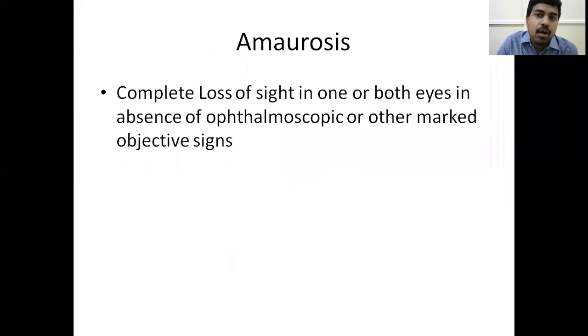Amaurosis means a structurally normal eye, but there is loss of vision, complete loss. So remember, this point is very important. Complete loss is amaurosis. Same definition with partial loss, it is amblyopia. Amblyopia, I told you in your squint classes. So when there is no structural anomaly in the eyeball or the visual apparatus, if there is complete loss of vision, it is called amaurosis. If there is a partial loss of vision, it is called amblyopia.